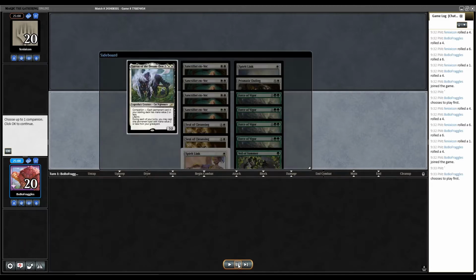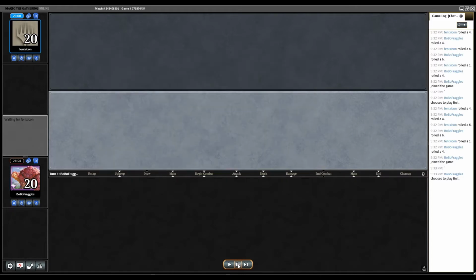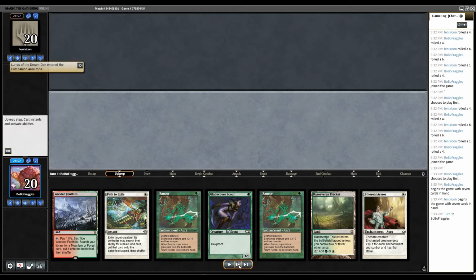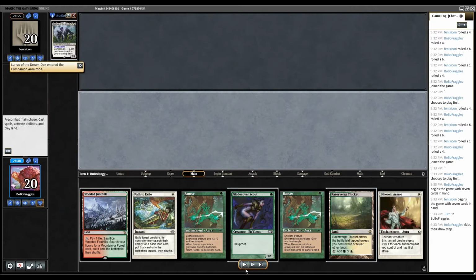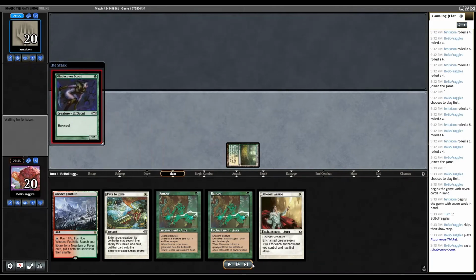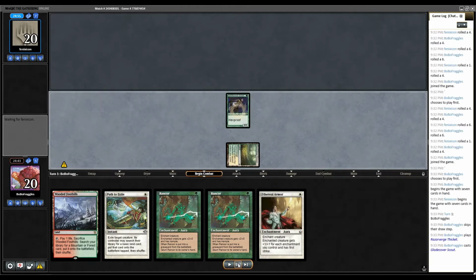Okay, let's see. Lurrus is a big part of this deck. I'm a big fan of Lurrus and Bogles. It's just a nice addition. Our hand's pretty good here. We have 2 lands, we have a creature, and we have some enchantments. Especially Ethereal Armor is really good. So we drop the Razorverge Thicket, and we drop this Gladecover Scout onto the battlefield and we pass the